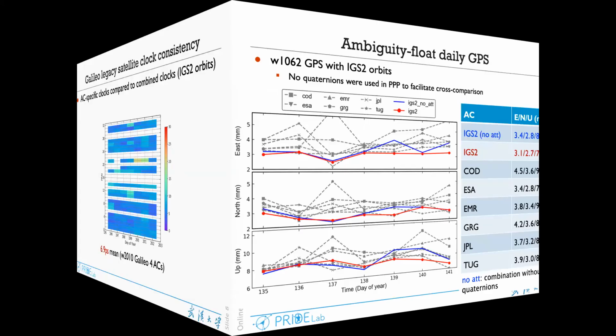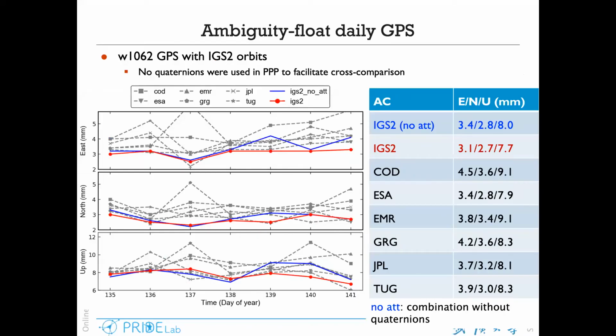Okay, we then try the daily GPS positioning using these combination clocks in comparison to the AC specific clocks. We don't use any quotients to facilitate cross comparison in the PPP solutions. And we show here two combination results. The first one is denoted in the blue lines, and we don't use any quotients for the combination. The second one is the red lines, where the quotients from different ACs were applied to improve the clock consistency before the combination happens. So here we see from the table, this is the statistics for about 120